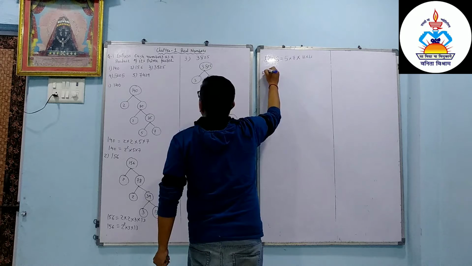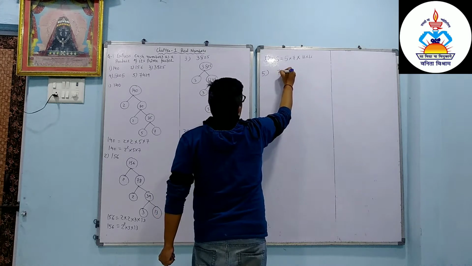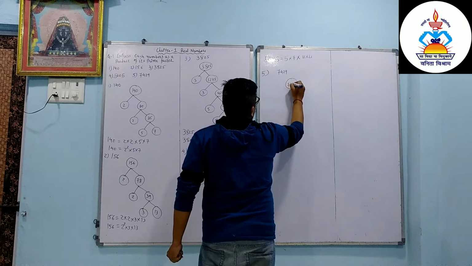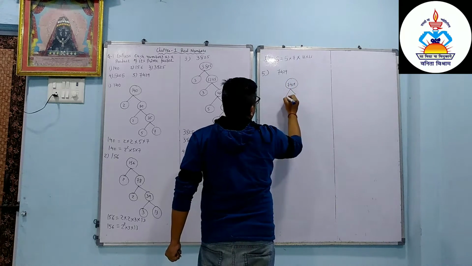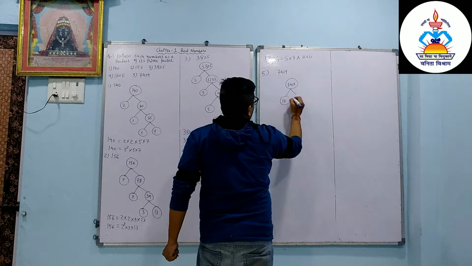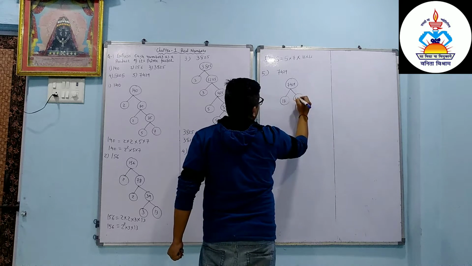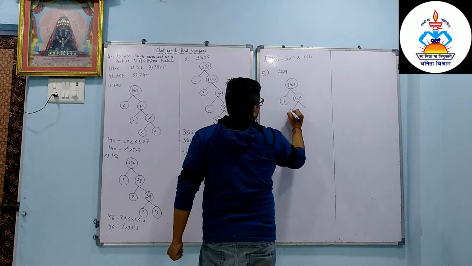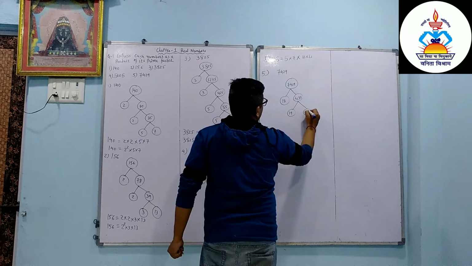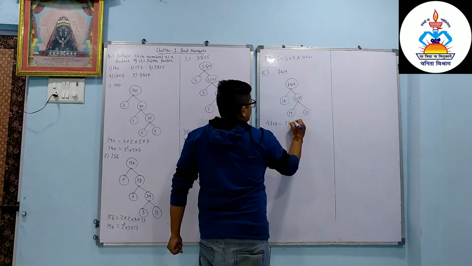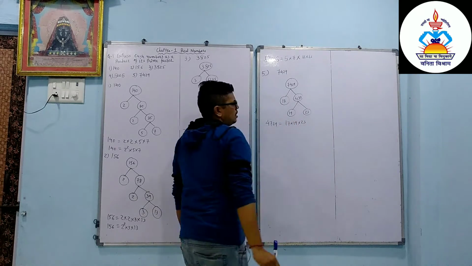Okay, the fifth is 7429. So first we will draw here a circle, 7429. Then it is divided into two parts. The first part we have is 17. Okay, here we have 437. 437 is again divided into two parts, that is 19 and 23. So 7429 has 17 into 19 into 23 as its factors.